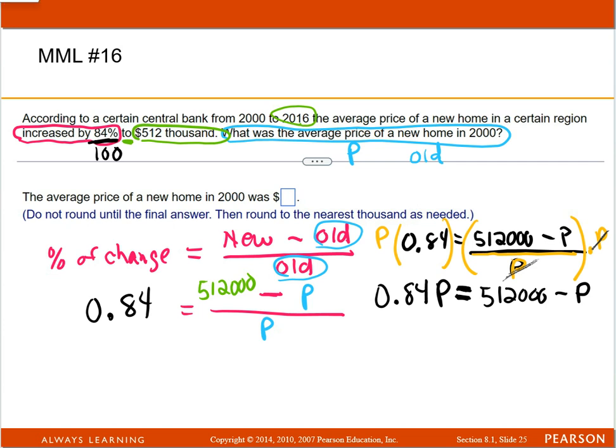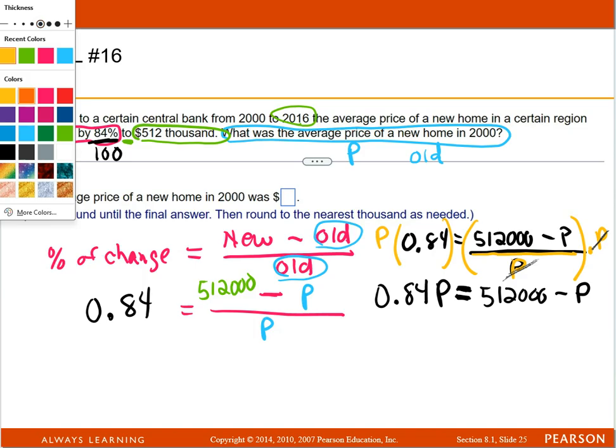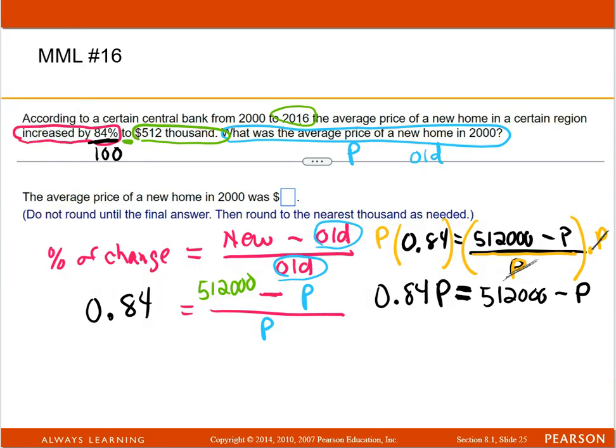And so what I'm going to do now is pick another color. How about orange? To cancel out a subtraction of P, I would turn around and add P. A negative P and a positive P, those cancel each other out. That's 0. But what you do to one side, you got to do to the other. So I have to add a P over here. And that P is really one whole P. So if you have one whole P plus another 0.84 of a P, you've got 1.84P